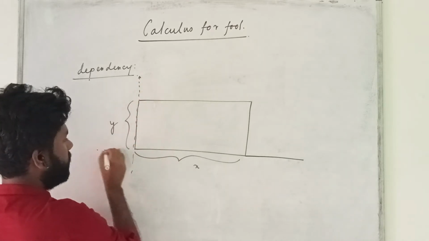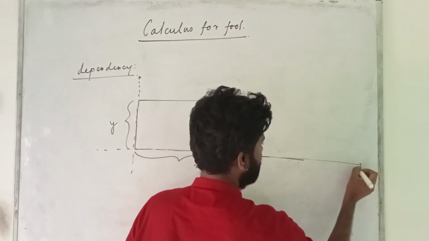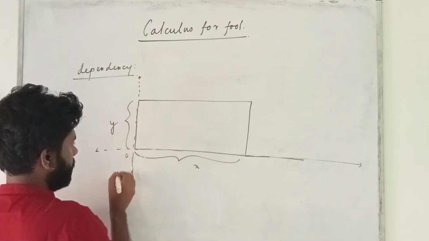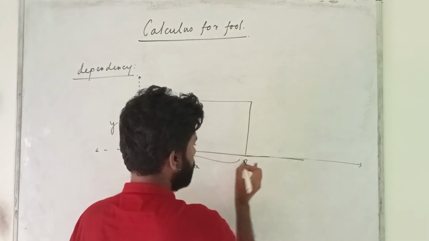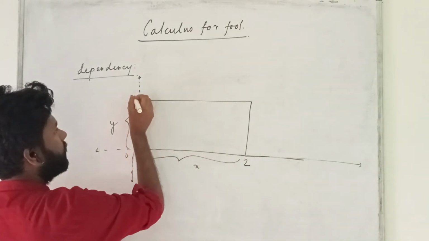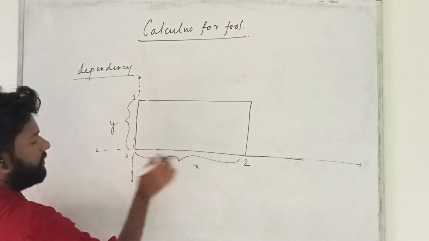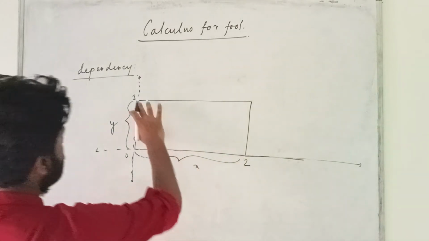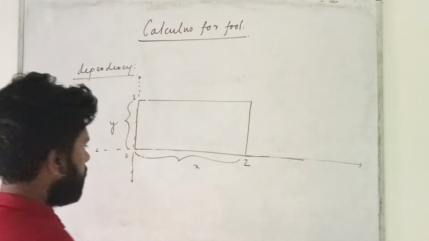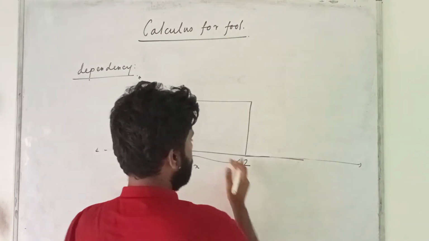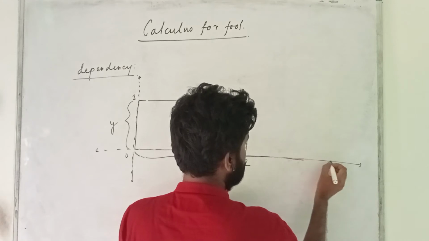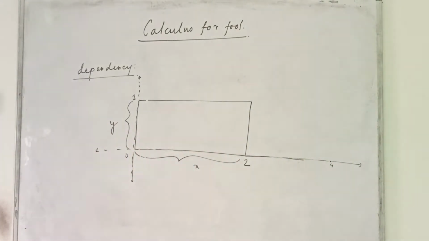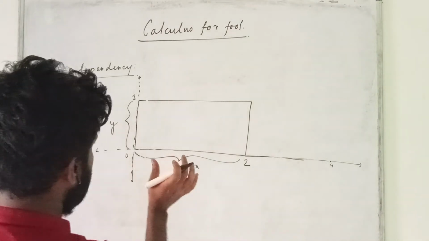I'll put coordinates here. Let's start with this. Here is 0, and it is somehow 2, and it is somehow 1. So in the previous case, the length of this rectangle is 2 units and the breadth of this rectangle is 1 unit. Now if you increase the length to 4 units, okay, so by a restriction, the constant area,